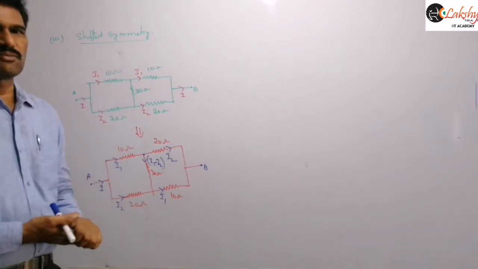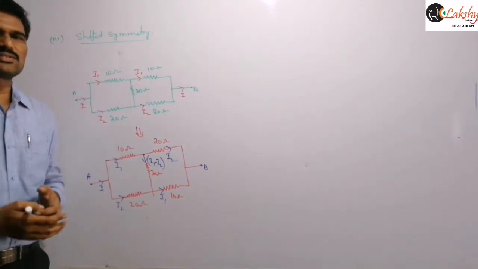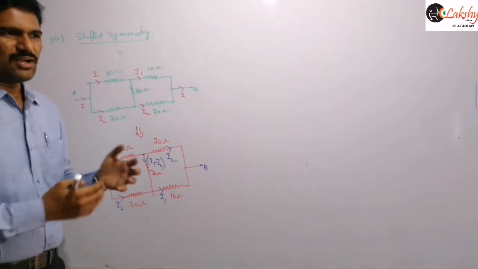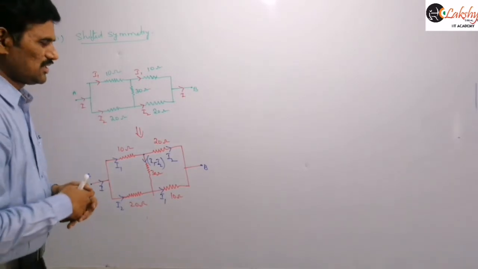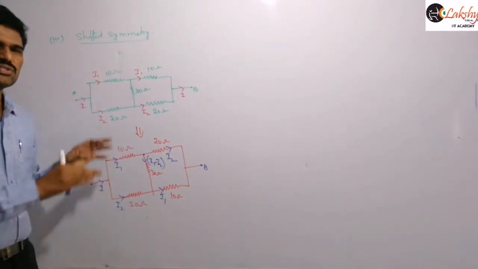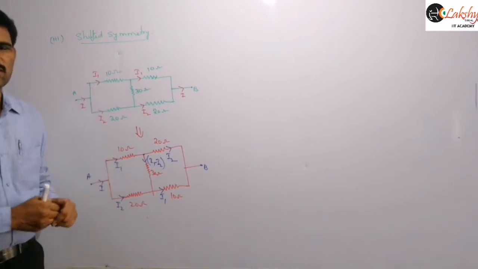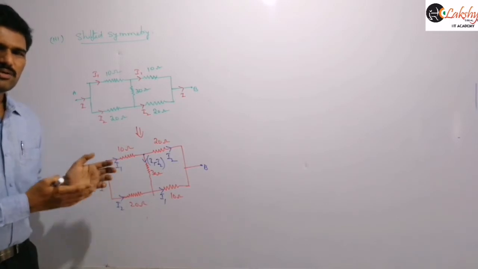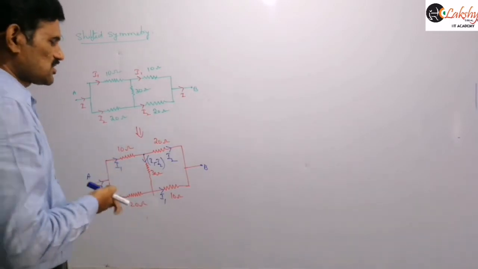Now this is a shifted symmetry. Just by applying the shifted symmetry, we can reduce the calculation, that's it. We can't find directly this resistance, or any equipotential points by using this; just the calculations will reduce here. We can reduce this because the number of unknowns will reduce, and thereby automatically the calculation will also reduce